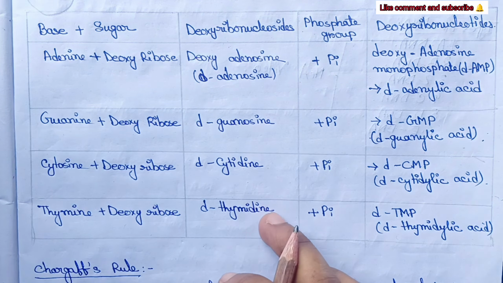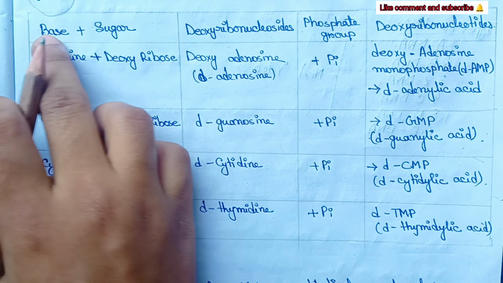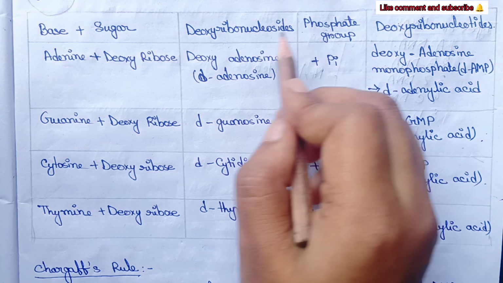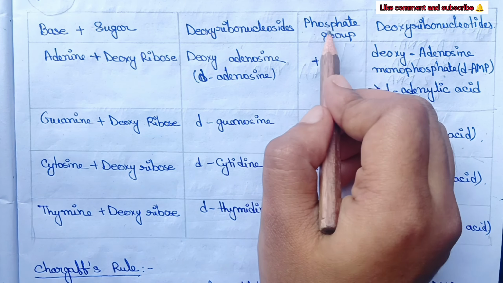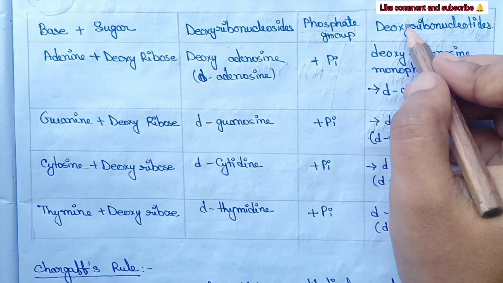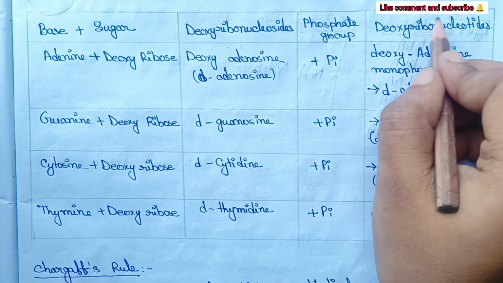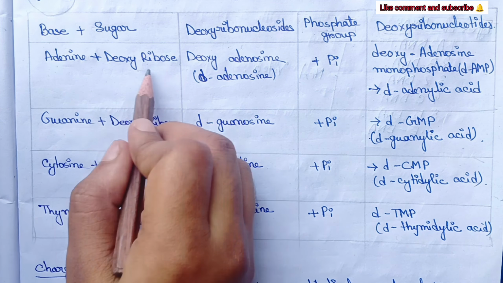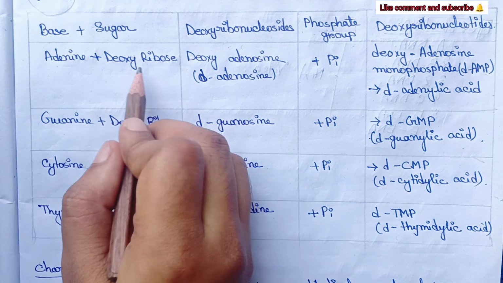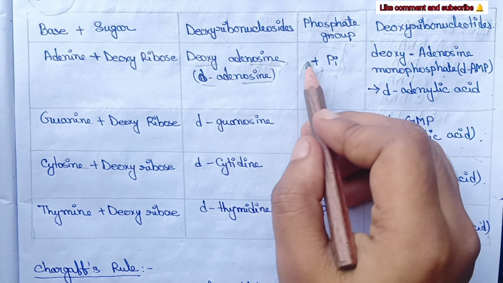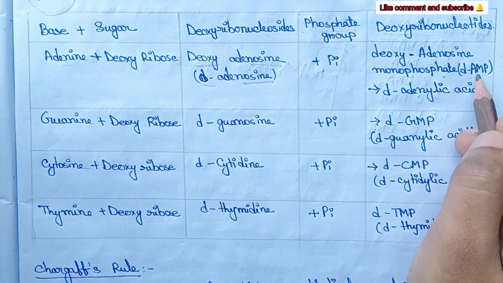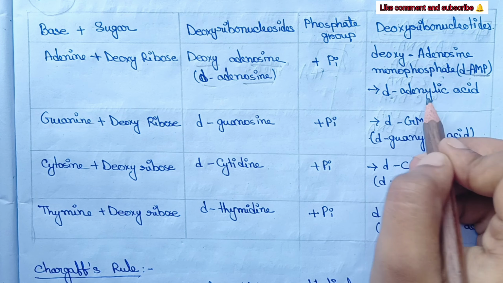Then this is a chart where first are bases and sugar, and then deoxyribonucleoside, and if the deoxyribonucleoside is attached with phosphate groups, now what is the name of the deoxyribonucleotide? When adenine and deoxyribose bond with each other, they form deoxyadenosine. When the phosphate group is attached to the deoxyadenosine, it is called deoxyadenosine monophosphate, dAMP, or deoxyadenylic acid,